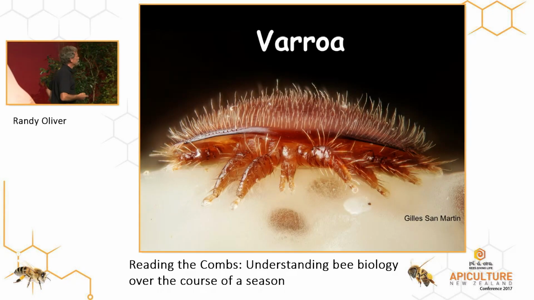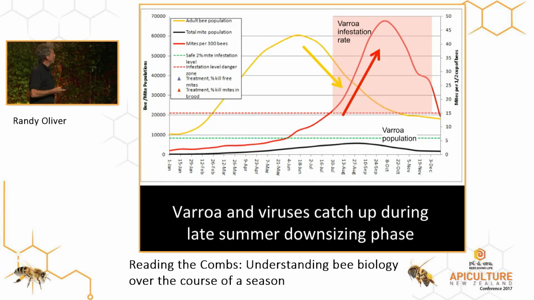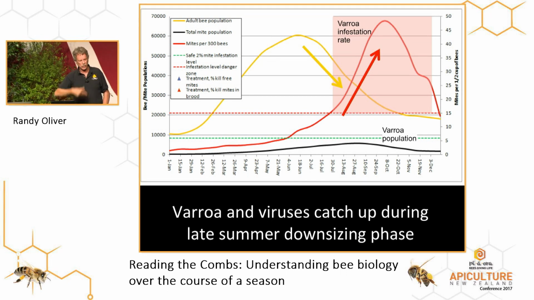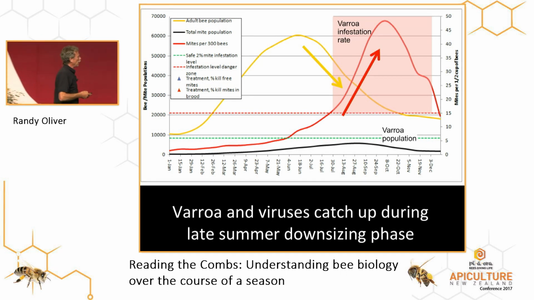Know what you're doing. Oh, then introduce our good friend right here. And what happens is, here's the growth curve for the bee population. The black line is the growth curve for the varroa population. Notice it never explodes. And this would be your alcohol wash or your sugar shake, where it looks like the varroa just exploded in the fall. It's not that the varroa population increased suddenly, it's that the number of bees carrying that varroa decreased, and it makes the varroa population look much higher.